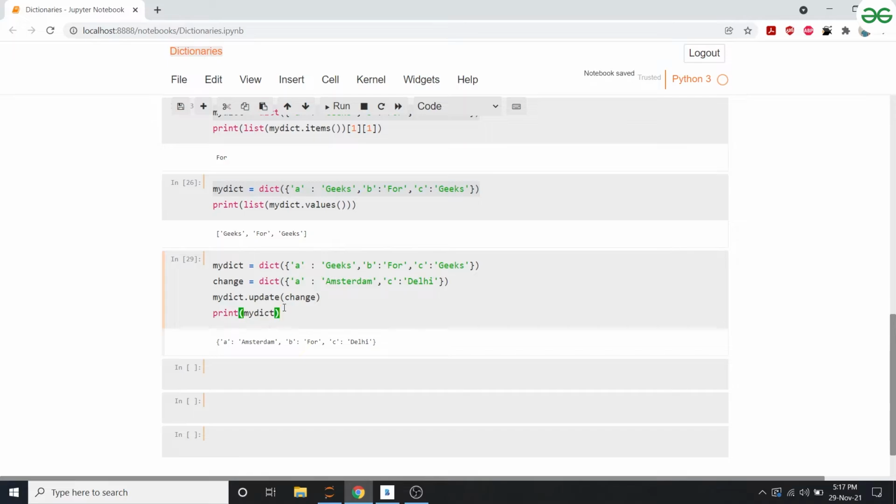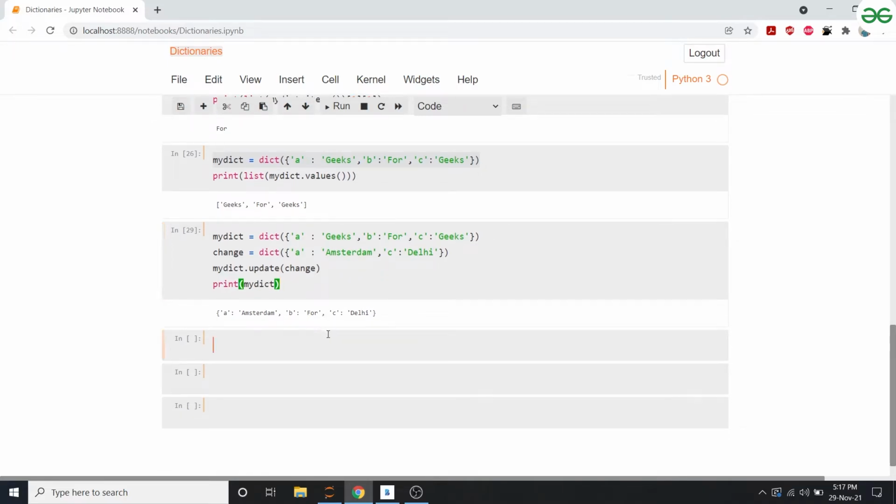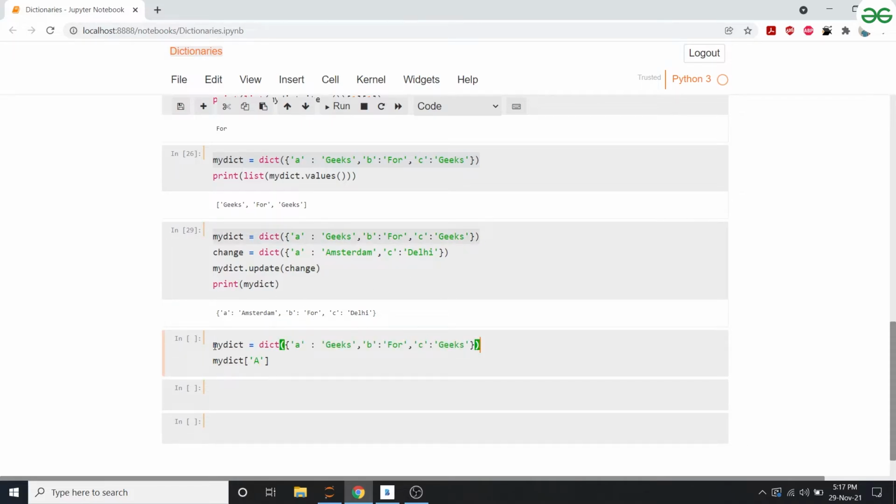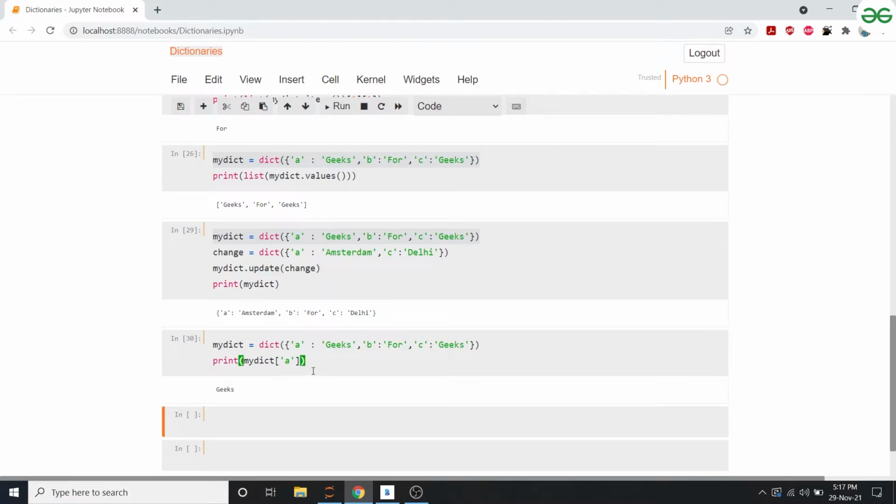Now let's use one more method to change a particular key. Like we discussed in the previous class, if I have this particular dictionary and I want to access a particular element, then I can use the square brackets. However, I can also use the square brackets to update a value.